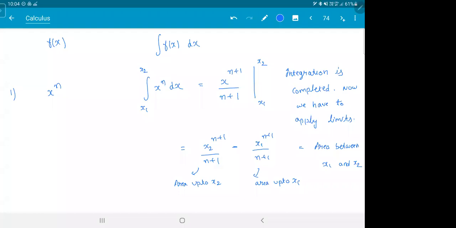I'll give you examples. After the examples, if you're still confused, you can ask me. So the moment I draw this straight line, meaning integration is completed, now I just have to substitute the limits. Just copy it out. Don't worry. Let me give you 3 examples and let's see after that. This is the most common integration formula you'll encounter. 80% of the problems are based on this one.